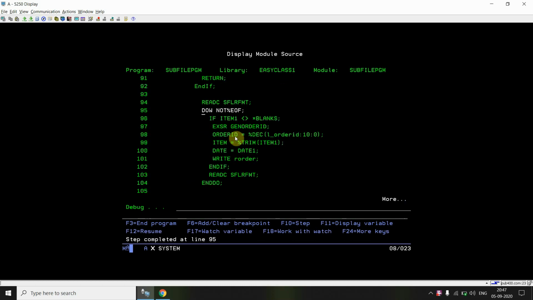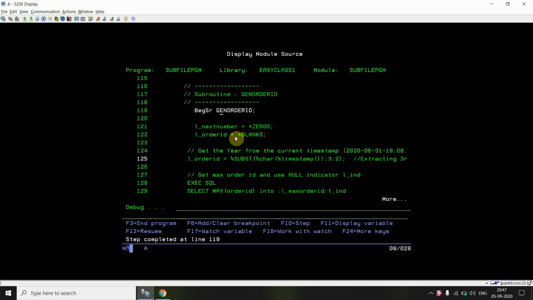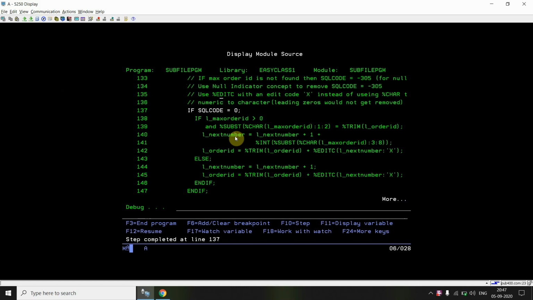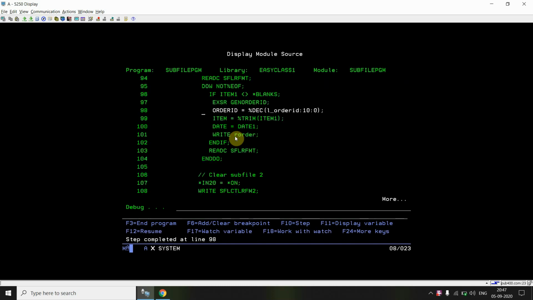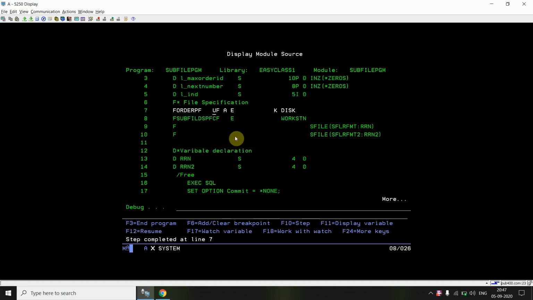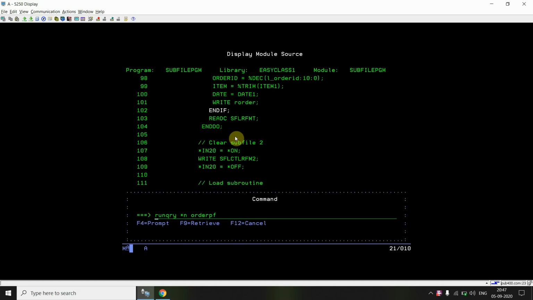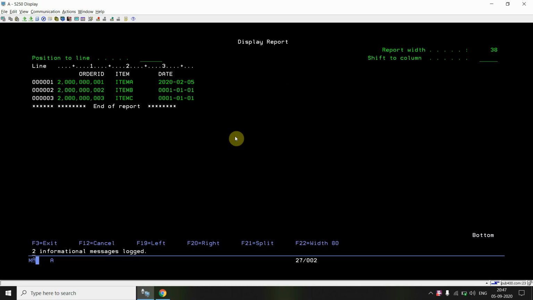Now since we added multiple records at a time, it will again go for item C and generate an order ID. This time we will be getting the max order ID as 2. We'll be adding 1 to that max order ID and generating the l_order_id as the next auto-incremented order ID. The order ID is now converted to decimal, evaluated in the field and returned to the file.